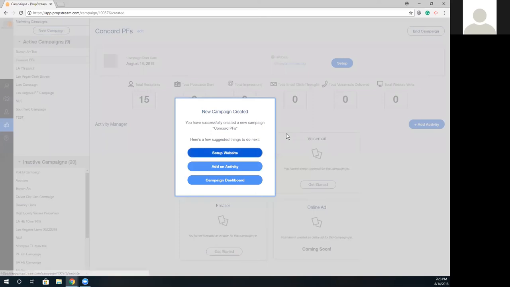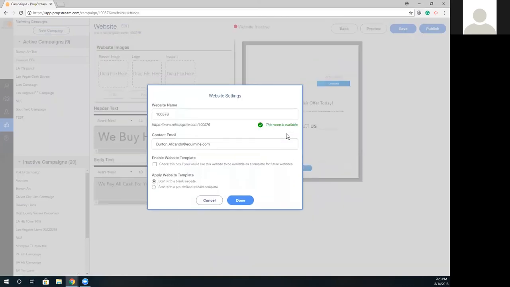The first thing we're going to recommend you do, and this is for free, is set up a free website. This website's a landing page, really. It's free. You don't have to worry about paying any monthly subscriptions for it, but here's how it works. We give you a generic URL, www.relistings.com. You have the ability to change the last part. So, Bo, I'm going to use you as an example, okay? All right. So that URL is available. Contact email. As you can see in the background, your web page will have an application process.